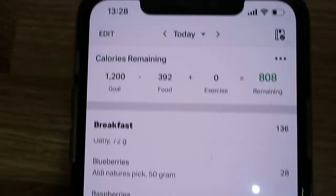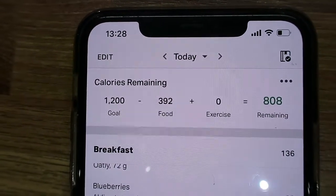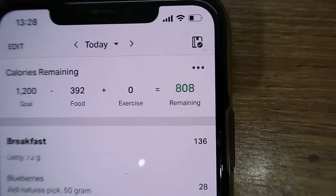I've got my breakfast there, and along the top it's got my calorie goal, and then it has the food that I've had so far today, and then the calories that are remaining. If I was really organised and I do want to eventually get to this point,